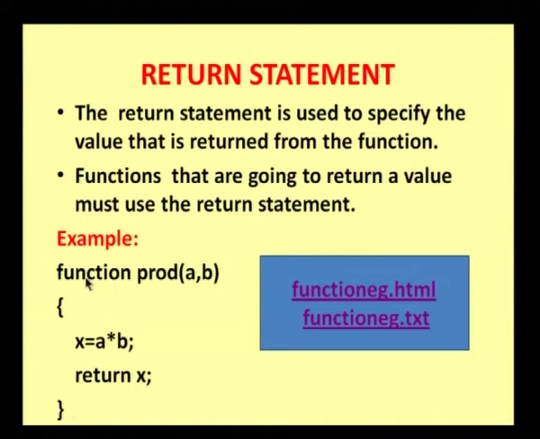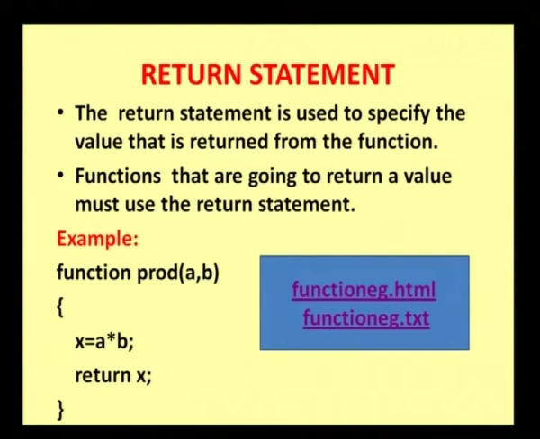The important thing is there is no data type present here. Whatever the type of value it is going to return, it just returns. We are not specifying it as in C. In Java we will specify the return type, whereas in JavaScript we will not specify the return type. So we will specify the name of the function and the arguments, no return type. Whether it is an integer value we are going to return, or a boolean value,